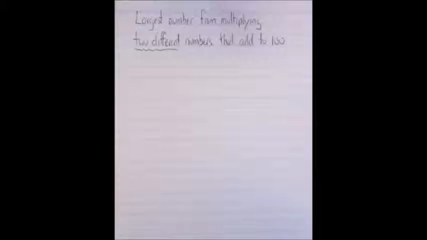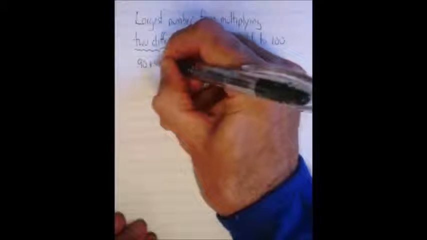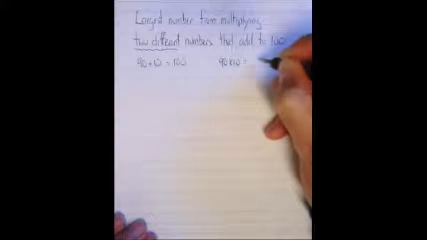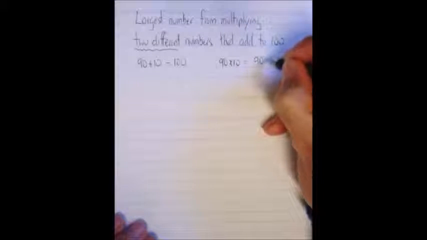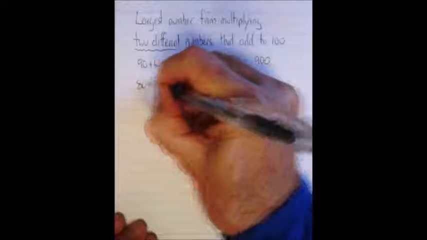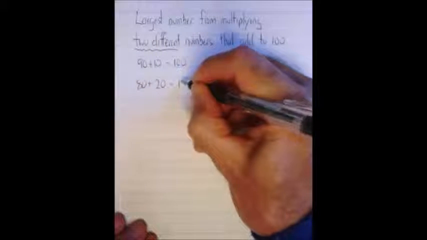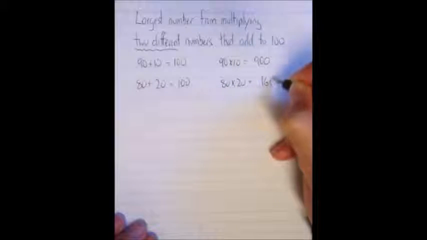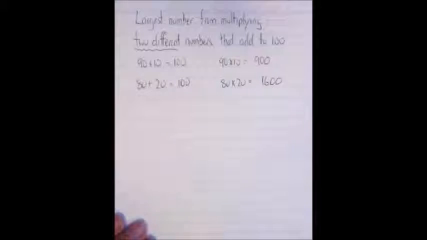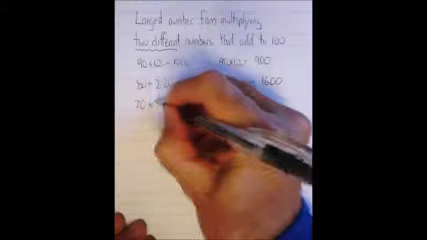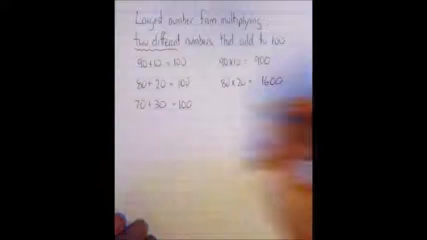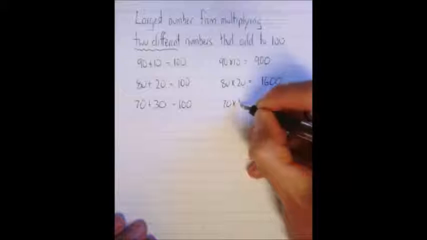So if we were playing that, the thing to do would be just to try two different numbers that add to 100, say 90 and 10, and see what happens. I multiply them and I get 900. Try two other numbers, 80 plus 20, and 80 times 20 will be 1600. Okay, that looks bigger. Let's try some more. 70 plus 30, and of course here I'm just choosing numbers that are easy to work with. So 70 times 30 here will be